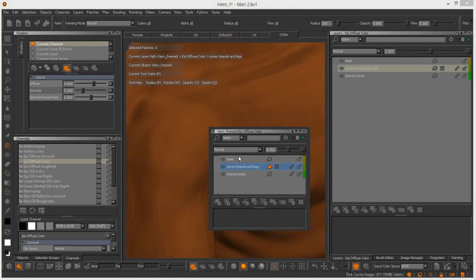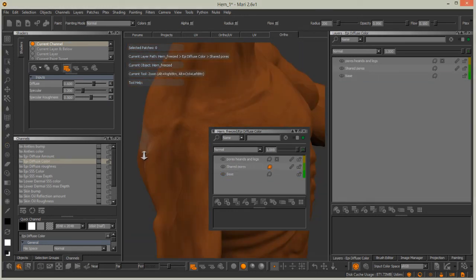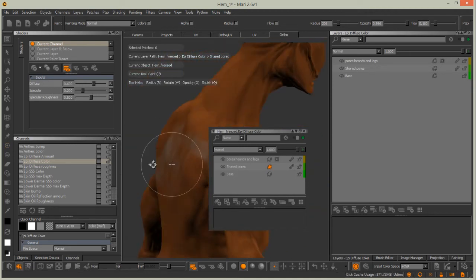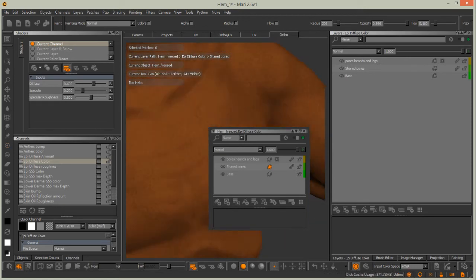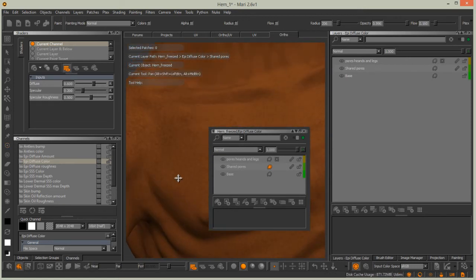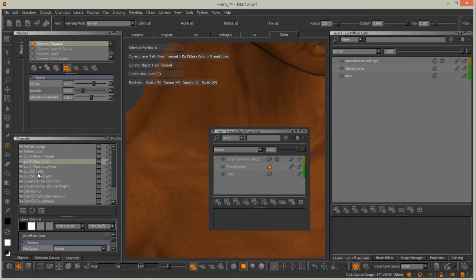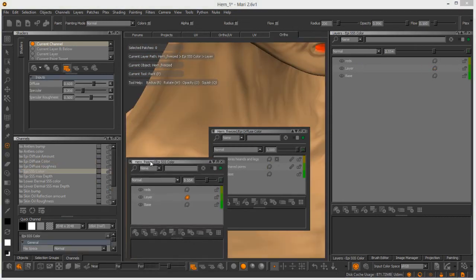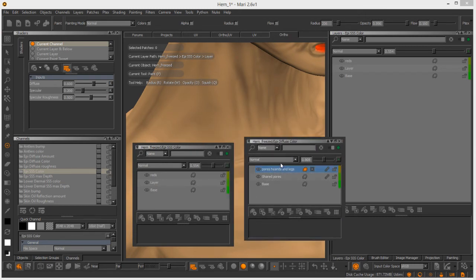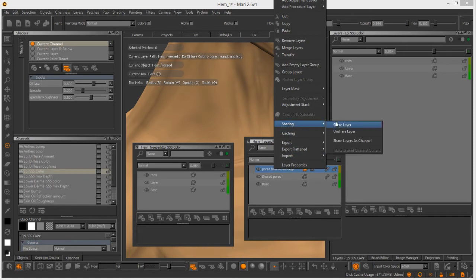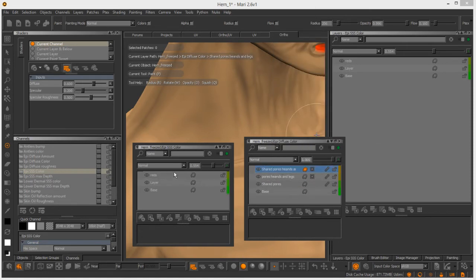So bring those two layers up, and as you can see, voila, we got spots, but they are wrong because they should be white. And we could paint them by hand, but since we already have this layer, we can just do some nice tricks in Mari and have it shown properly. So now open the layer stack for epidermal subsurface scattering color, and once again share layer. Okay, so just move it over there and select this layer and share it with the layer stack